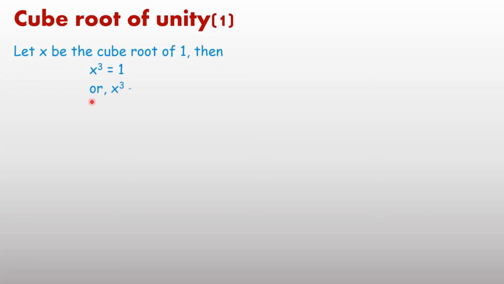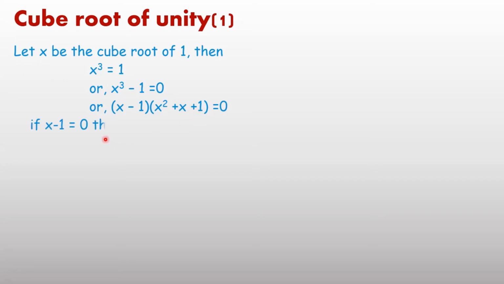Next important topic, cube root of unity. Means if 1 is given and anyone asks to find the cube root of 1, generally all of you know the cube root of 1 is 1. But if the cube root of 1 is required, there are 3 values of x you will get. x cube equal to 1 means x cube minus 1 equal to 0 we can write. And x cube minus 1, if we factorize it, apply the a cube minus b cube formula: a minus b into a square plus ab plus b square. a minus b means x minus 1 into x square plus ab means x into 1, x plus b square means 1 square.